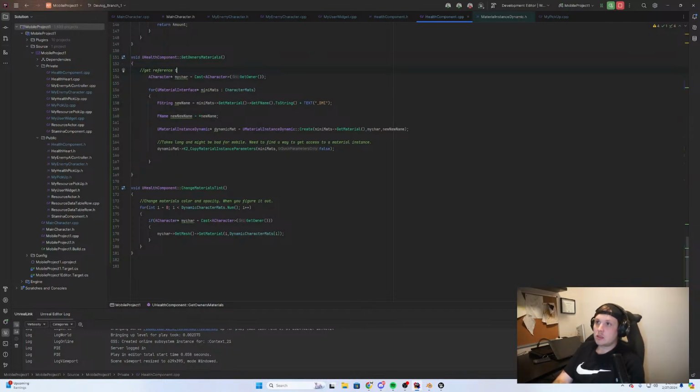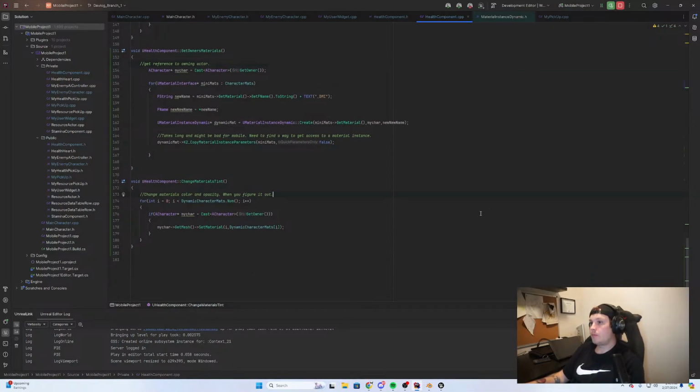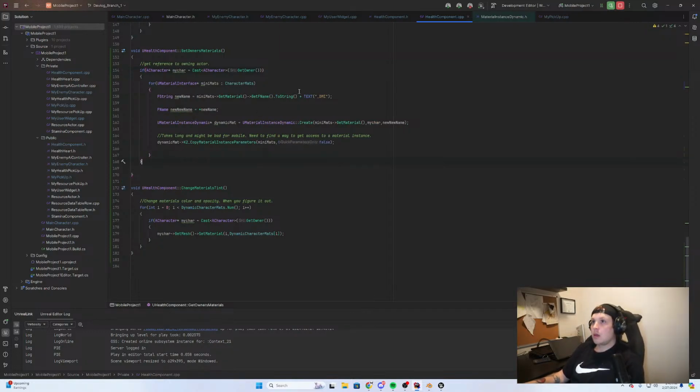Get reference to owning actor, right? Honestly, I guess we do want to say if we get this, then do it. If not, then don't. Then we're going to do a for loop. We're going to get the materials, change the name, or for each loop, make a new name. Make a material instance of that. Then we're going to copy insert parameters, and in here we are going to